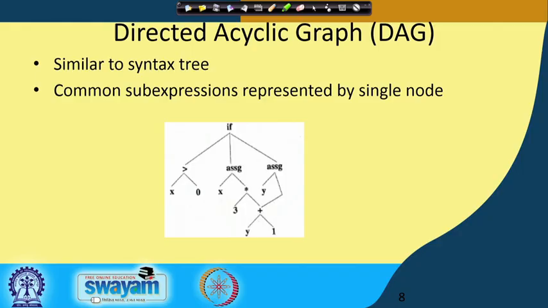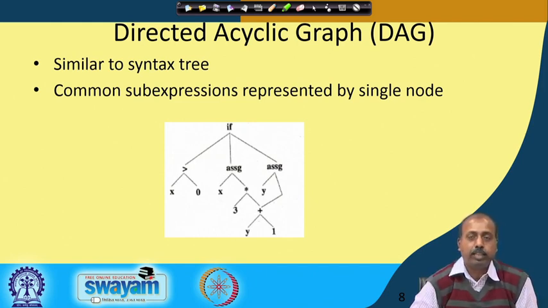The next high level representation that we will be looking into is known as directed acyclic graph. The previous representation that we had was a tree, the syntax tree, and now this is a graph. As a data structure, the difference between tree and graph is that in a tree every node has a unique parent node, so that parent is only one. Every node has at most one parent.